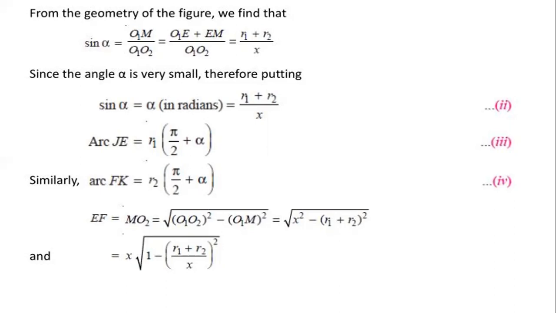Then EF is equal to MO2. Taking the values from the equation, that is square root of O1O2 squared minus O1M squared, where O1O2 means the displacement length,